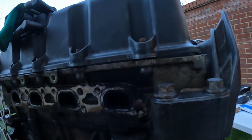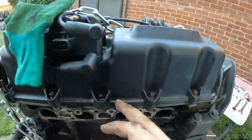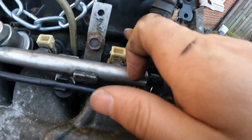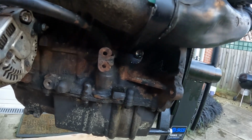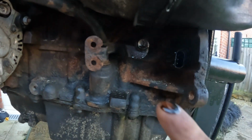I think I should, because I've got the engine out here, and just for the probably little amount of effort it costs, and a new one isn't very expensive, but you can just kind of see all around where it looks like there's just been oil seeping out. And then the only other thing that I can see here is there's actually oil, you can see dripping out there, of the